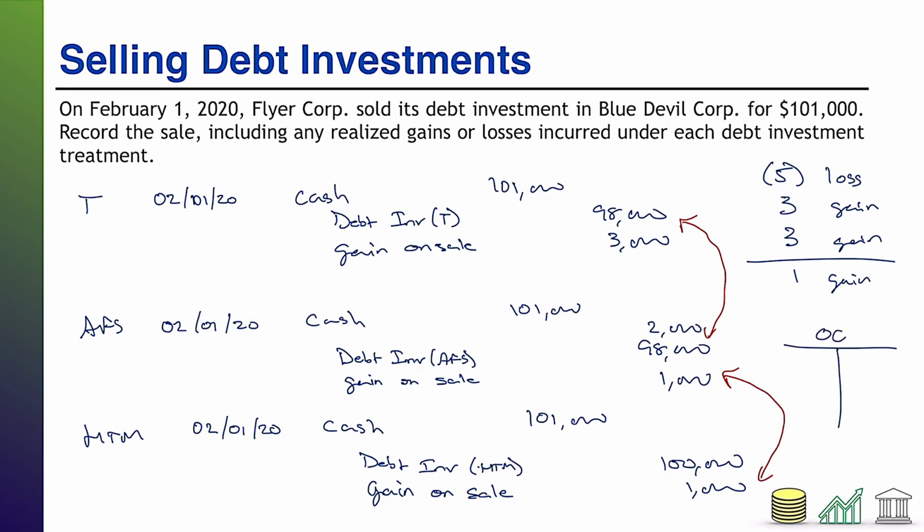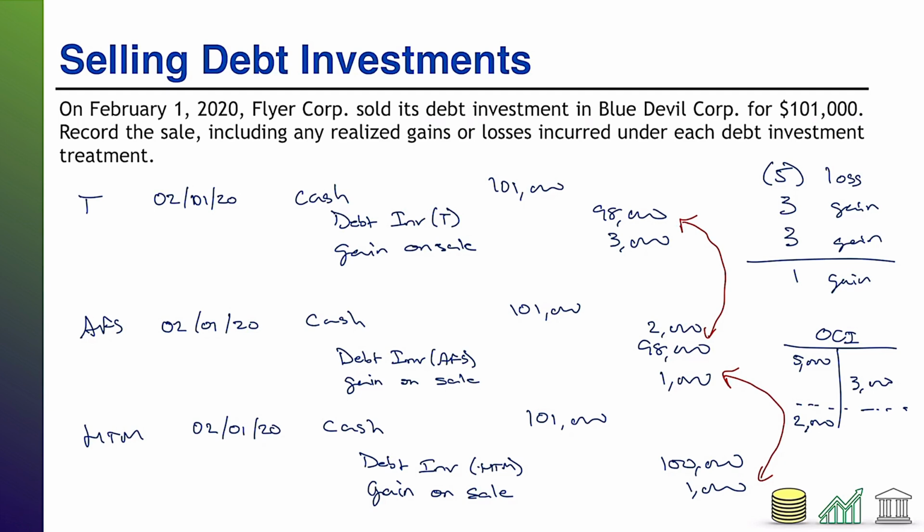If I were to draw that as a ledger account, I'm just going to write OCI instead of trying to spell that whole phrase right here. We debited it for 5. We credited it for 3. It is still sitting on our balance sheet. It is still sitting in shareholders' equity with a $2,000 balance in it. In other words, there's still an account on our balance sheet that says, hey, we have a $2,000 unrealized loss